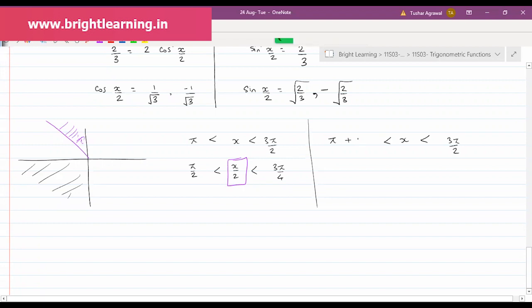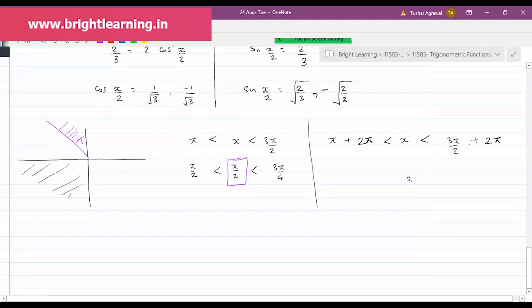Pi plus 2 pi means I completed one more revolution, one more circle. 3 pi by 2 plus 2 pi as well. The interval, pi plus 2 pi and 3 pi by 2 plus 2 pi, is also the third quadrant. So now here, if pi plus 2 pi and 3 pi by 2 plus 2 pi is also the third quadrant,